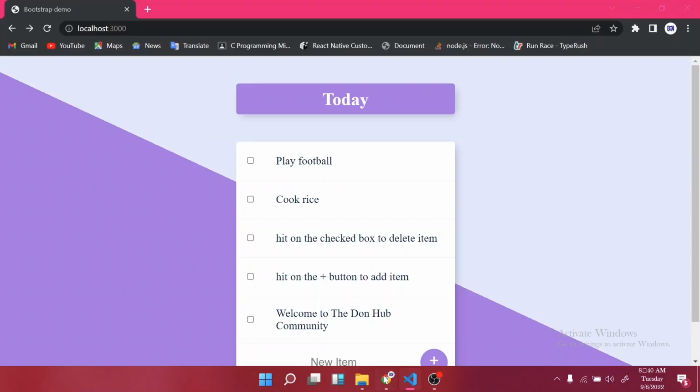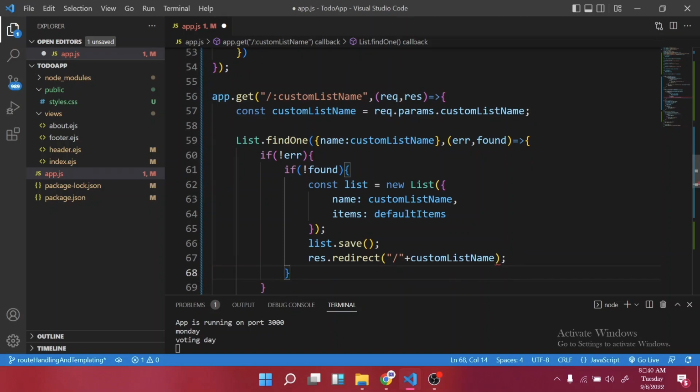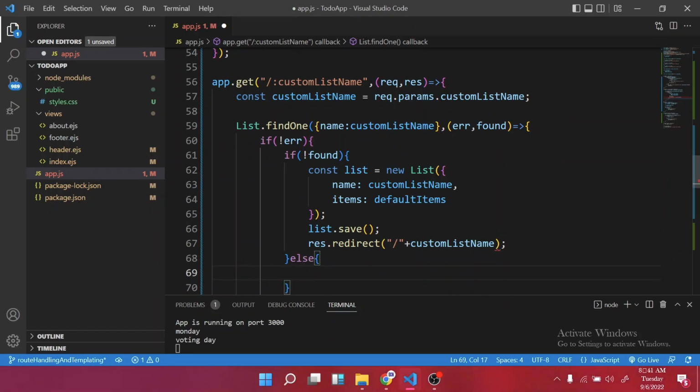You see, currently it's always redirecting us to the main root route, right? So now how we will do it is we will concatenate it. So / custom name here, right? If we typed in Monday, it should redirect us to /Monday. If it was Tuesday, it should redirect us to /Tuesday. All right. So else,